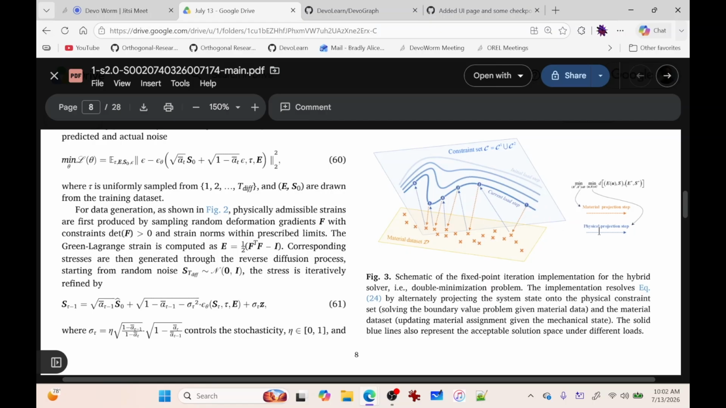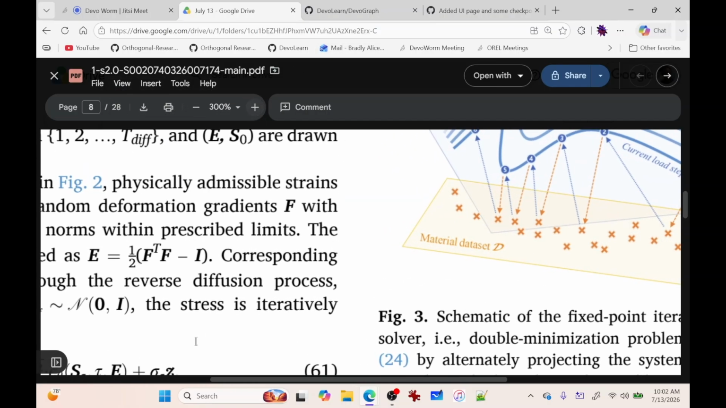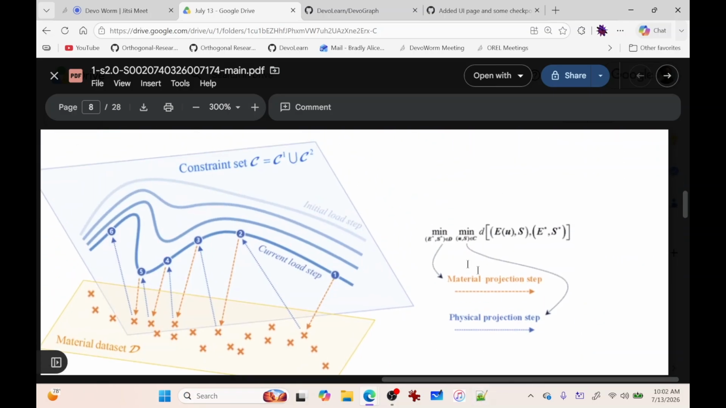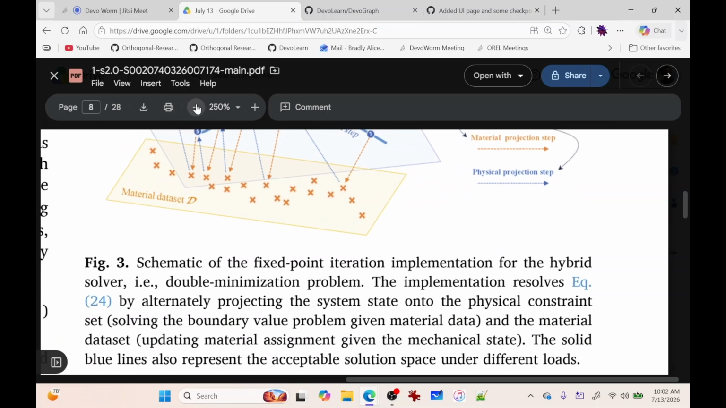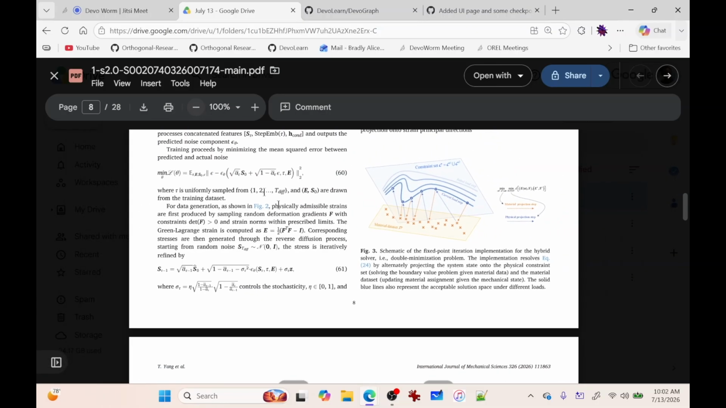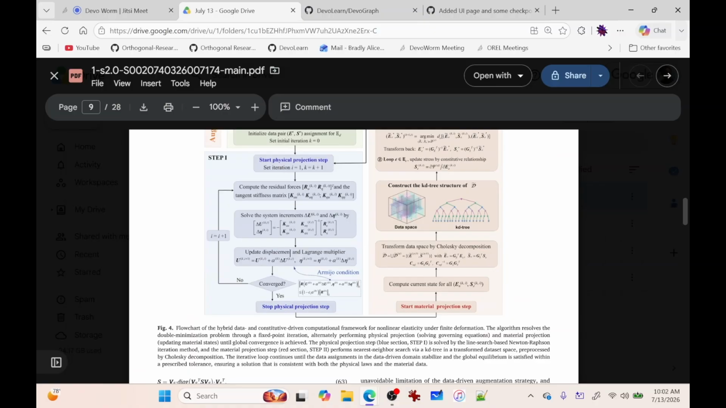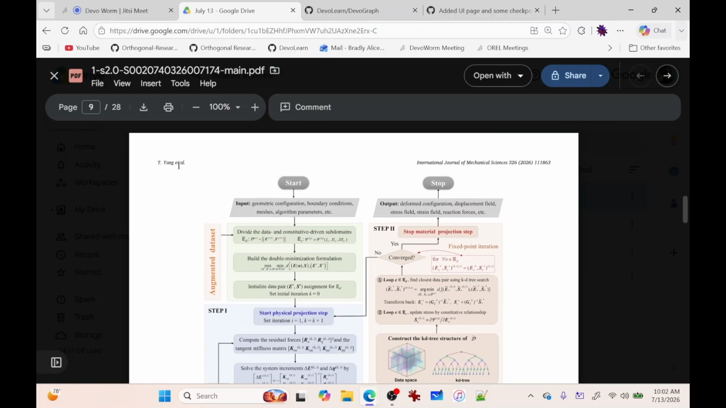And then, of course, we have our physical projection step and our material projection step in this equation. So let me zoom in on this a little bit. And so we're minimizing twice. We're minimizing for the material projection step. We're minimizing for the physical projection step. And then we have this relation here. Okay, figure 4 is